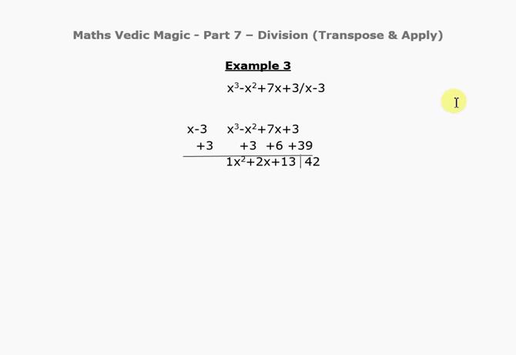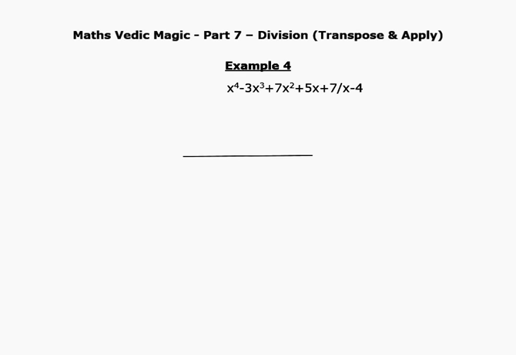Let's look at another example. Here the highest power of the dividend is going even higher, so again the same principle will apply. 6 minus 4 is our divisor, then the dividend, and then we write it down with the change sign, and then the multiplying. 4 times 1 gives us 4, 4 minus 3 gives us 1, into 4 gives us another 4, then 4 plus 7 gives us 11, 11 times 4 gives us 44,